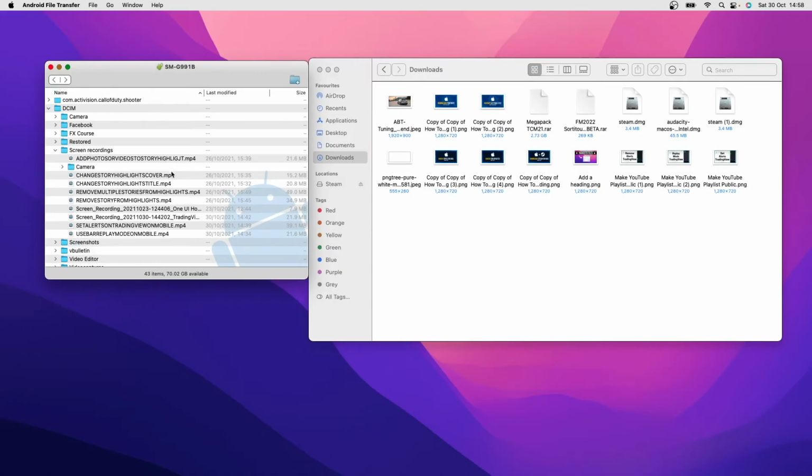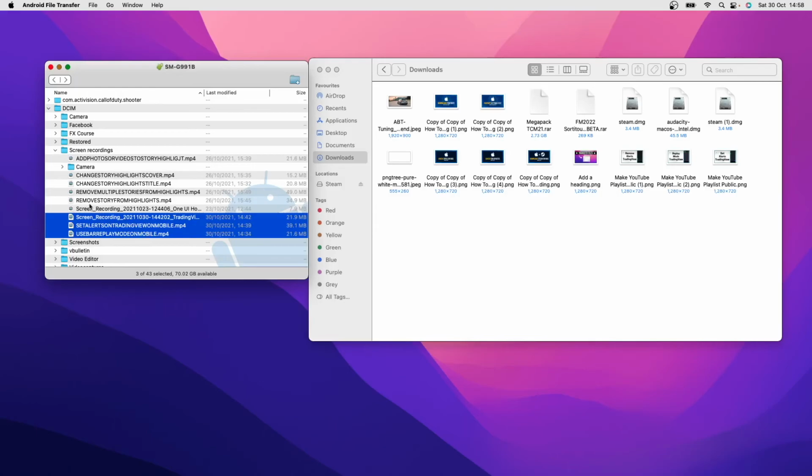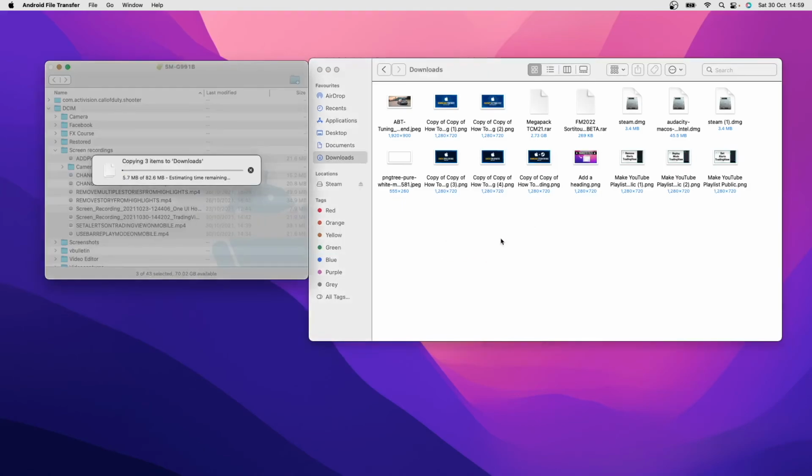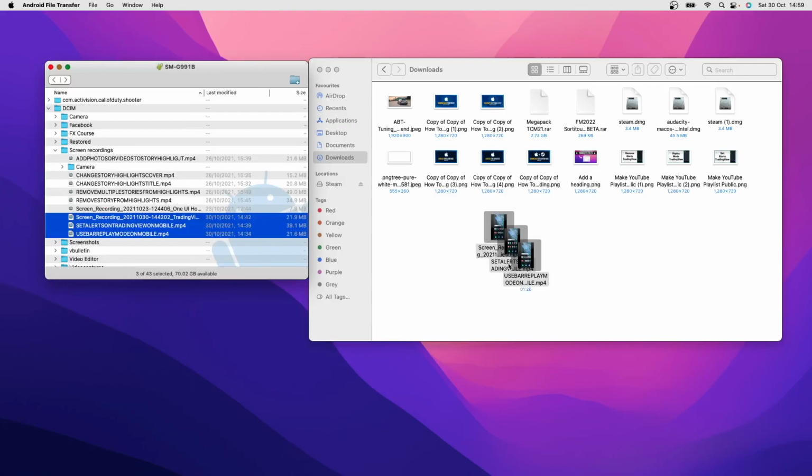So what I can do is simply find the files that I want to move. As you can see, I have selected 3 files here in order to move from my Android phone over to my Mac. If I click and drag and put these in my downloads, as you can see, it is now copying the items over and the items are now on my Mac. So it's just that simple,